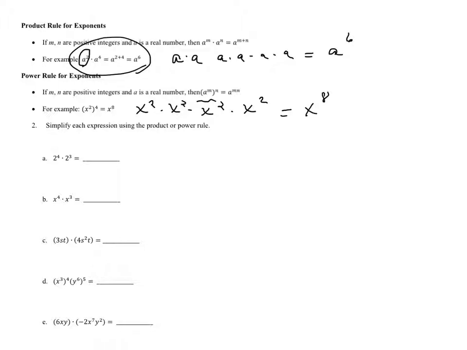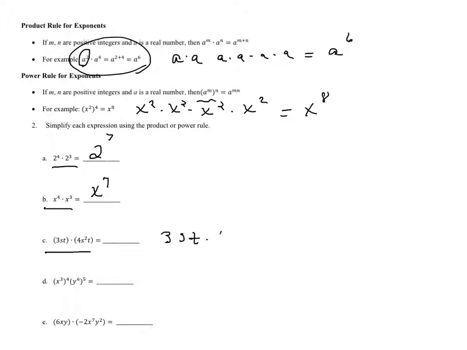So now we're going to simplify each expression using one of these two rules. Part A says 2 to the 4th times 2 to the 3rd. Well, it's the same base, so I keep my base the same, add my exponents, so it'll be 2 to the 7th. Next one here, same idea, will be x to the 7th. Now this one, C, gets a little bit more challenging, and I'm going to write it out. It's